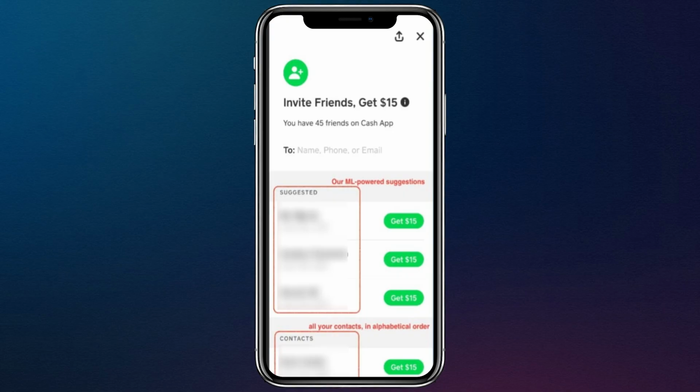Once your friend signs up using your link and completes the required steps, the bonus will be added to your Cash App balance automatically. You can repeat this process with multiple friends to earn more free money. Since the bonus is added directly to your Cash App balance, you can use it without needing to link a